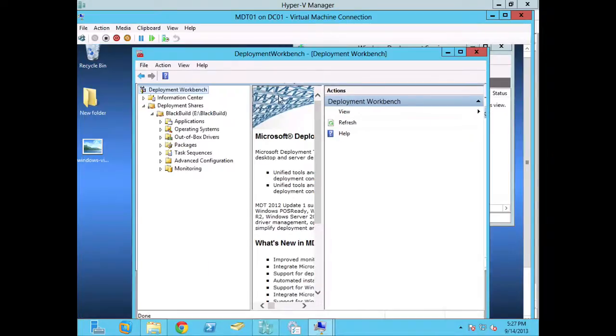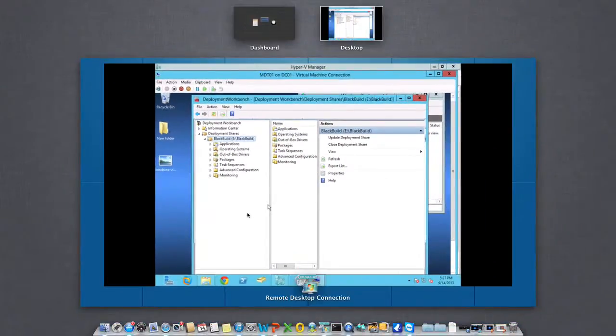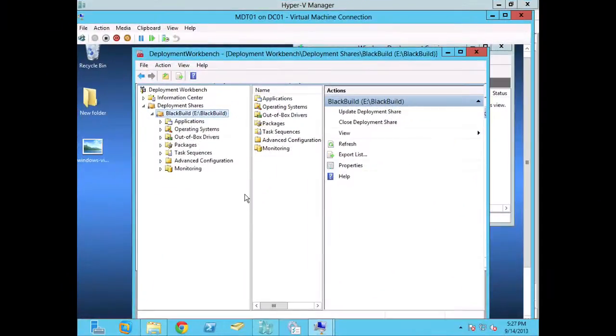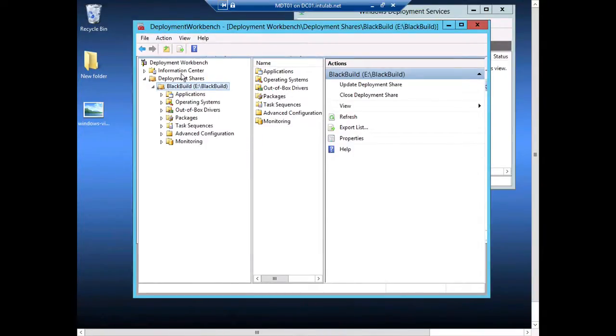Take a look right here. My deployment workbench, we were working in the black belt. Maybe that's a little bit better. You can see. All right, so black belt is where we're working. That's my workbench, and I need to go inside of my deployment workbench, my deployment share properties,